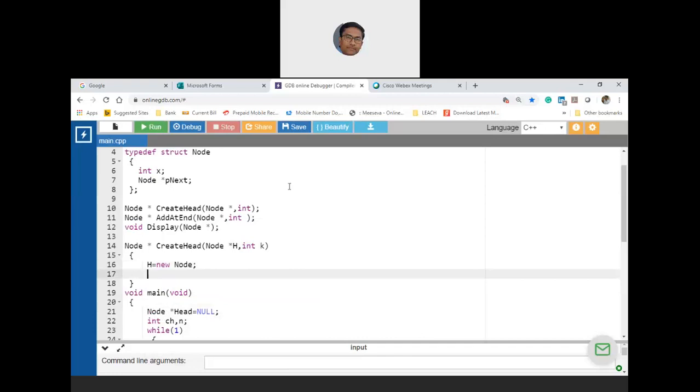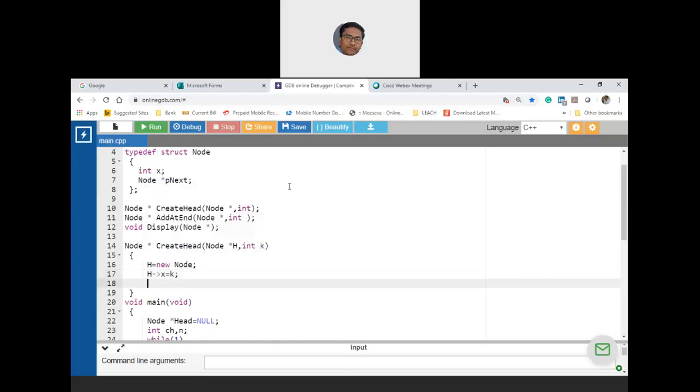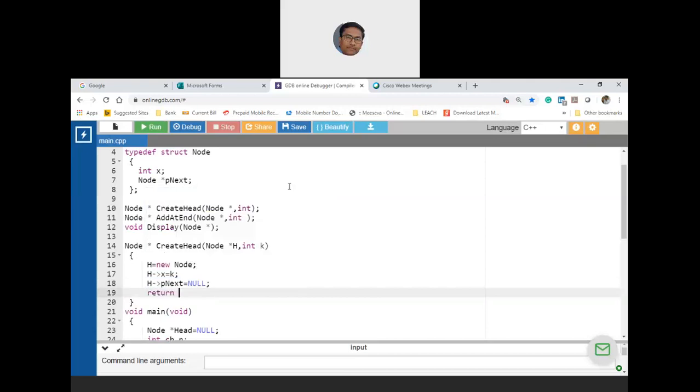If h is double equal to null, that is not required. I'm assuming that you are working on a system with a minimum of 4 bytes, which is possibly available. Then h arrow x is equal to k. Then h arrow pointer to next node pointing to null. Then you need to return h.